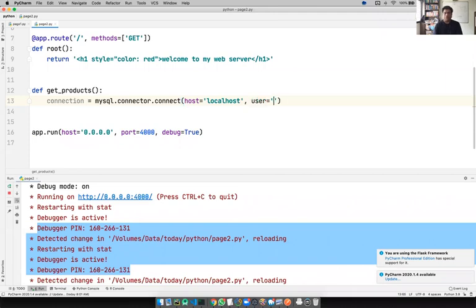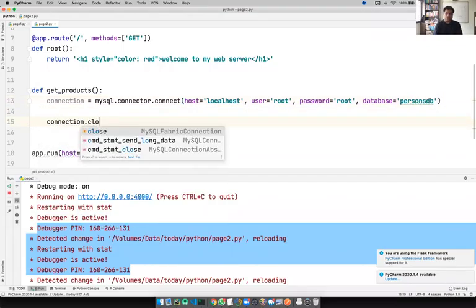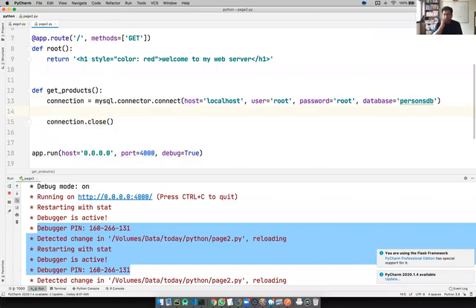Maybe the user is going to be root for me. Password is again a kind of password. I'm sorry, root for me. And the database I want to connect, database. I think it's persons.db. Exactly. That's it. Before I forget, I want to say connection.close, and I'll write the next piece of code in between